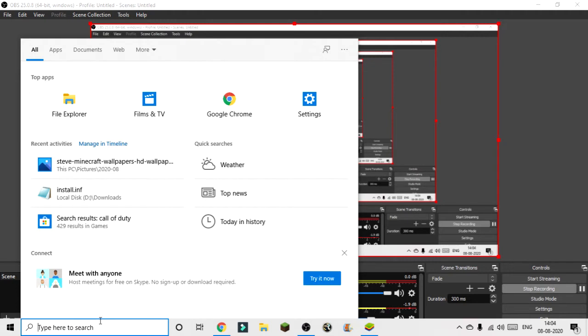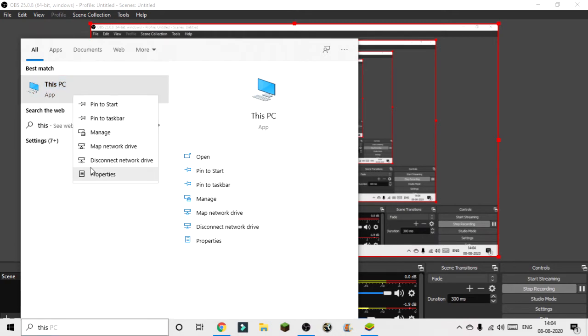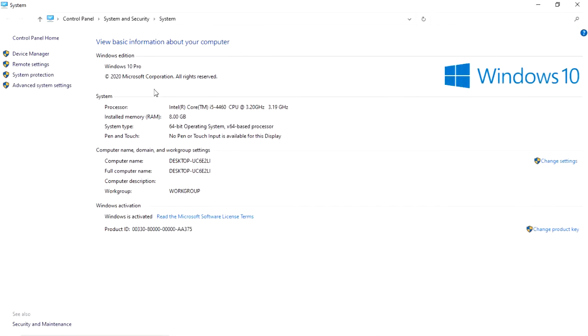or a nicer processor. So to see your RAM and all, go to This PC, right click, properties. See, I have 8 GB RAM, a 64-bit operating system, and an i5 processor with integrated graphics and a boost clock of 3 point something. Who knows? I never tried boost clocking.